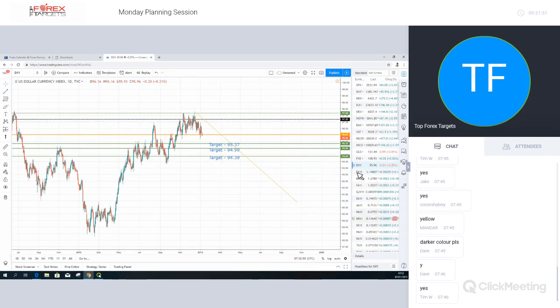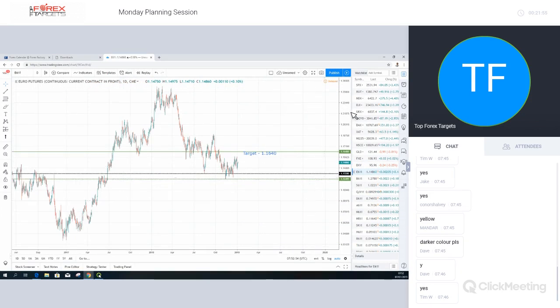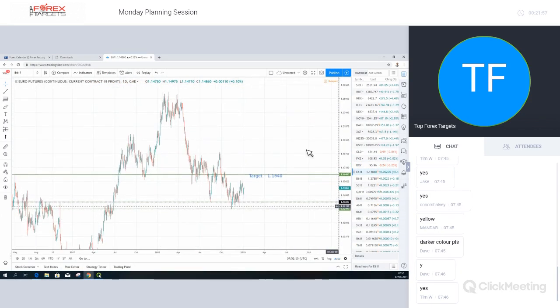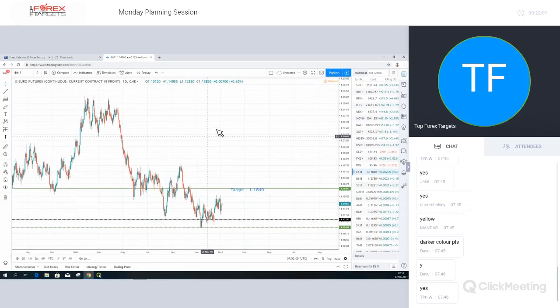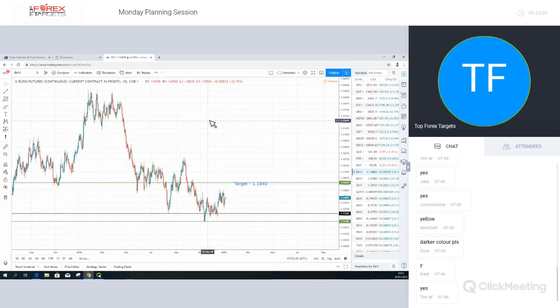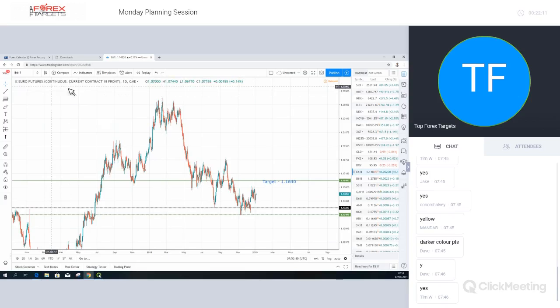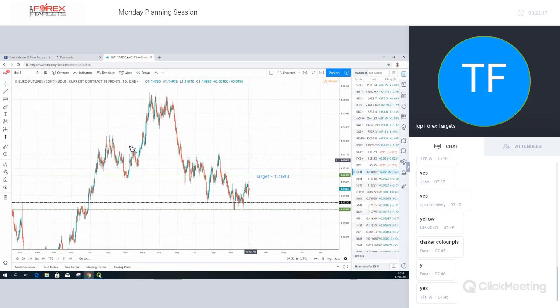Let's go on and do the euro first as well for the larger picture. Once we've done the bigger themes, guys, we'll go and actually look at specifically what I'm looking at this week. In the euro, we do have the fact that, conversely to what we're seeing in the dollar index, this is the euro index, so it's exactly the same as the dollar index, but this is for the euro instead.